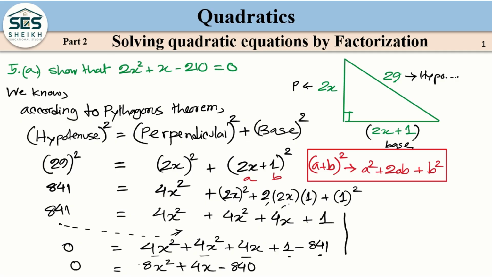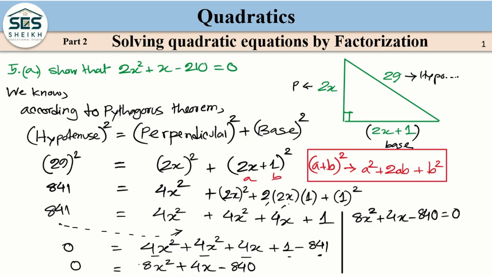So we need a little bit of space here. So we can write 8x squared plus 4x minus